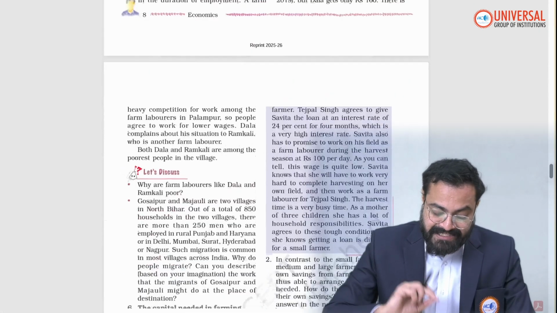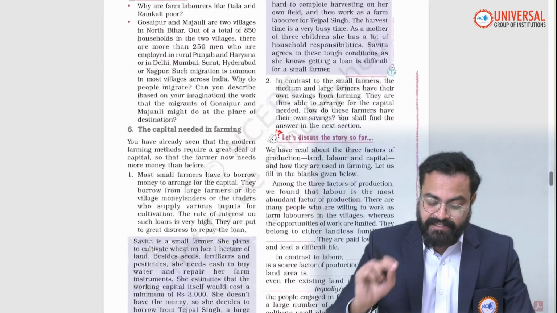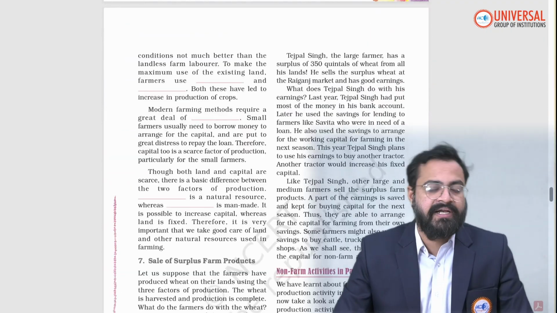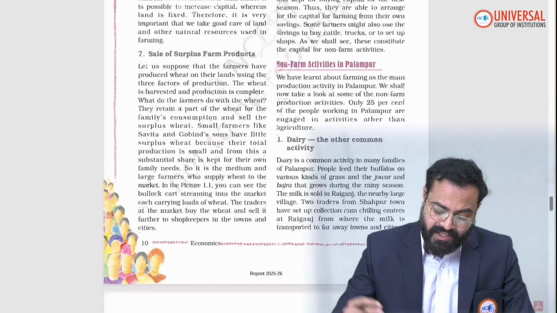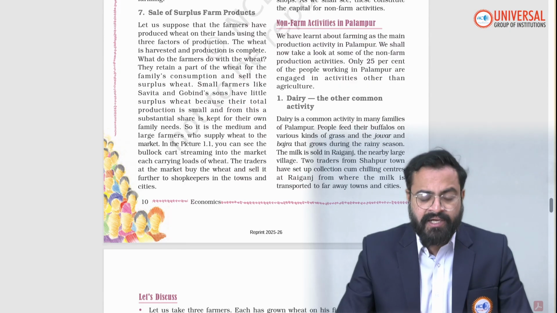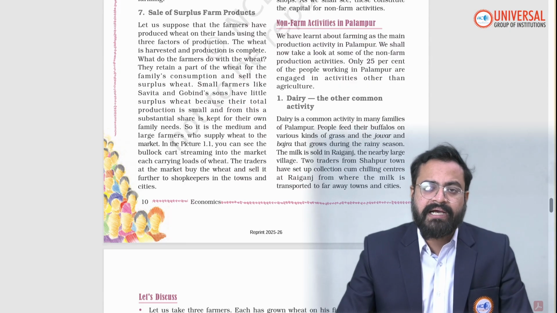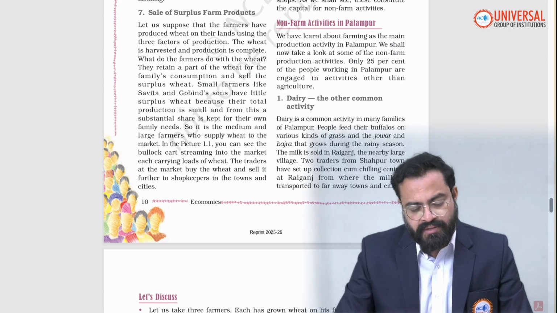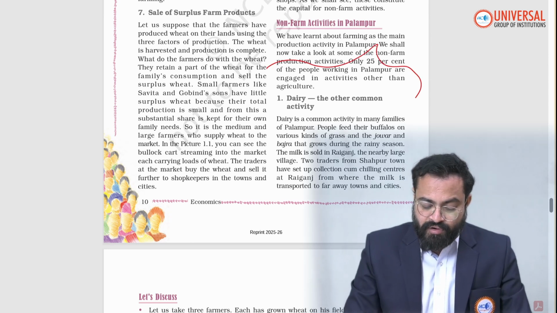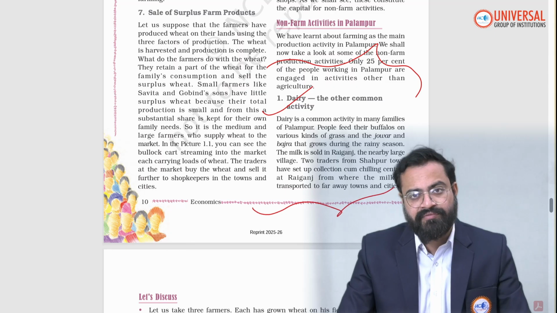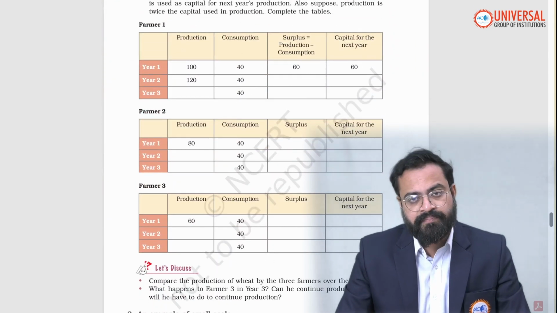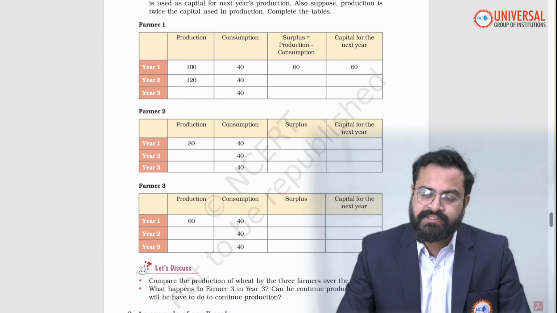Moving to the next theme being discussed here, the non-farming activities, which happen to be very easy. As we see, even in a village, people not only depend upon agriculture, they also depend on livestock rearing. Similarly, in Palampur, the farmers are dependent upon dairy activity, where the milk is sold in the nearest villages as well as the nearest town.